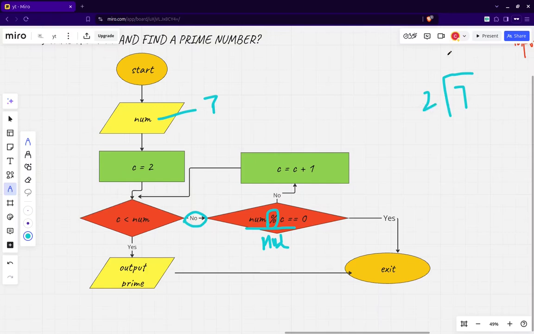So it will be checked: 2 3s are 6, and its remainder will be 1. You can see the modulo sign, this percentage sign, is basically the modulo sign. It will check the remainder value. If we divide the number with this c variable and the remainder equals 0,